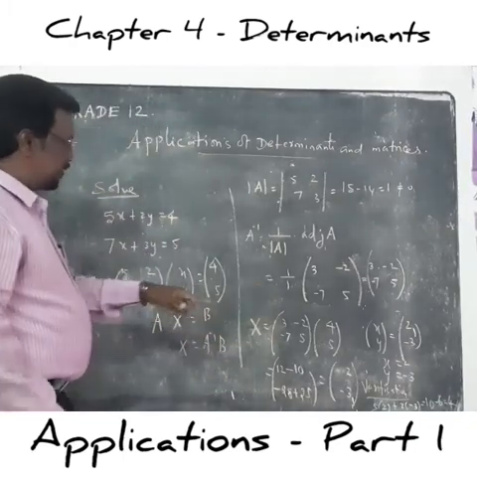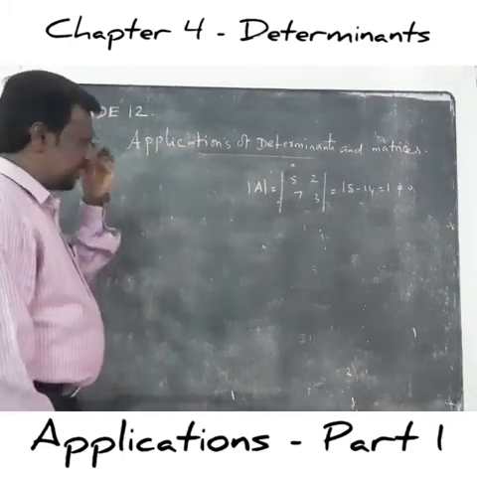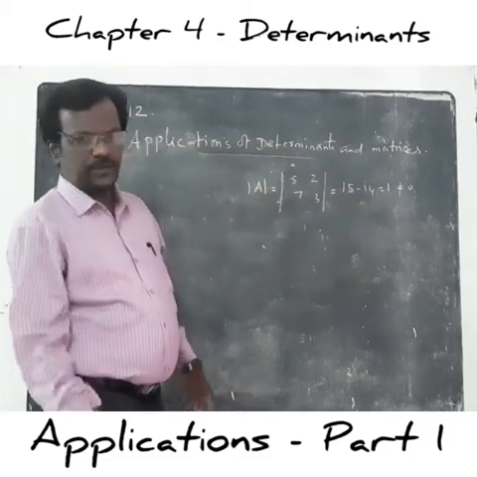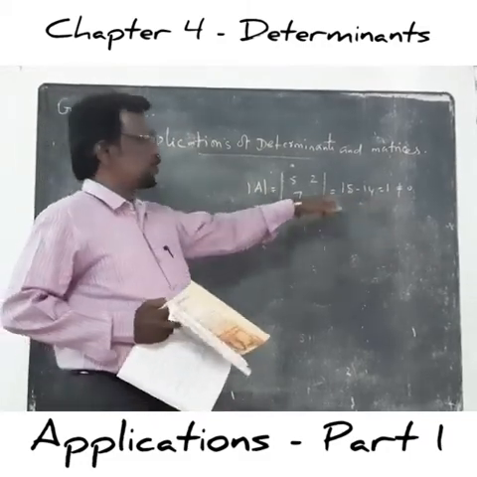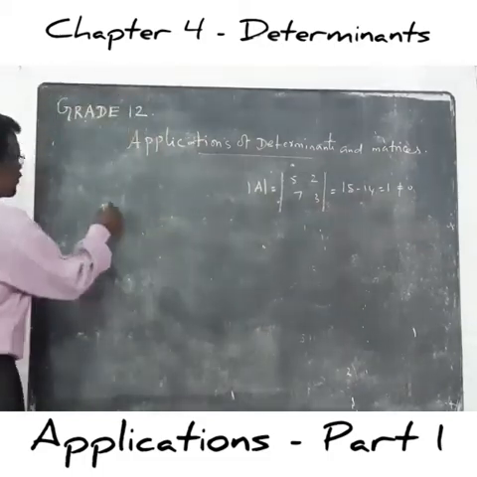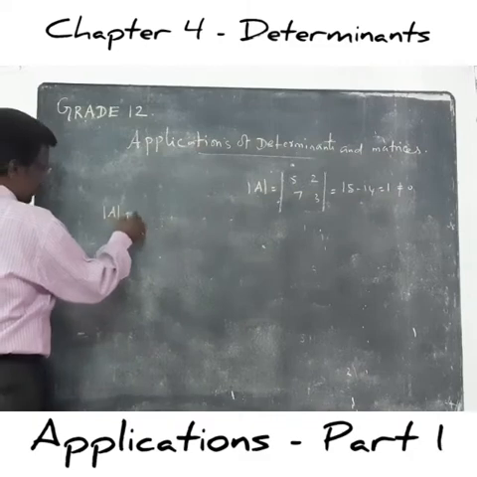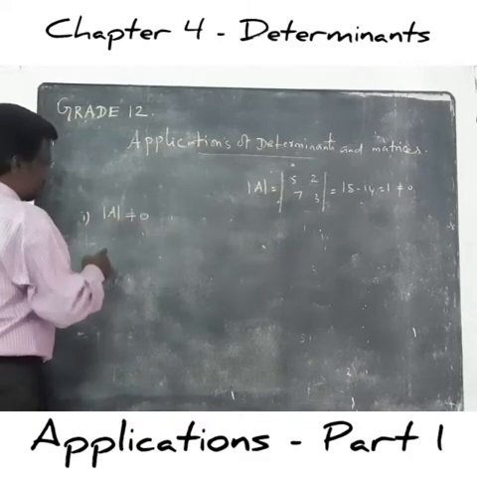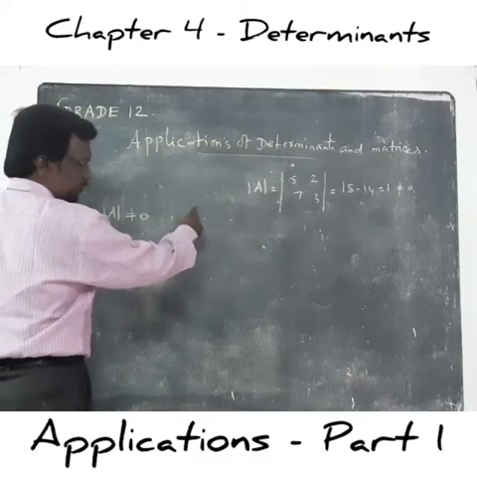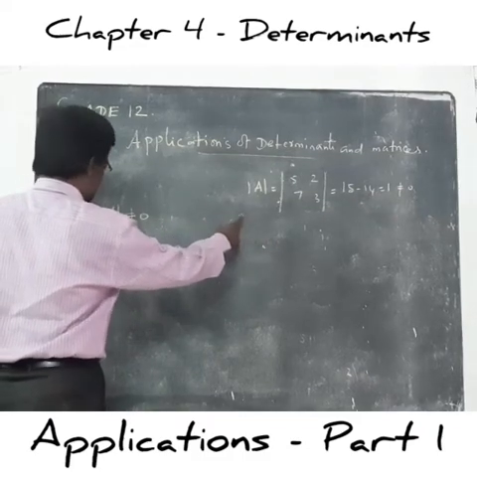So we have got the answer, right? Repeatedly I have told that the determinant value of A should not be equal to 0. If it is not equal to 0, then only you can find A inverse, right? Suppose the determinant value is not equal to 0, we can easily find the solution for that system of equations, right?